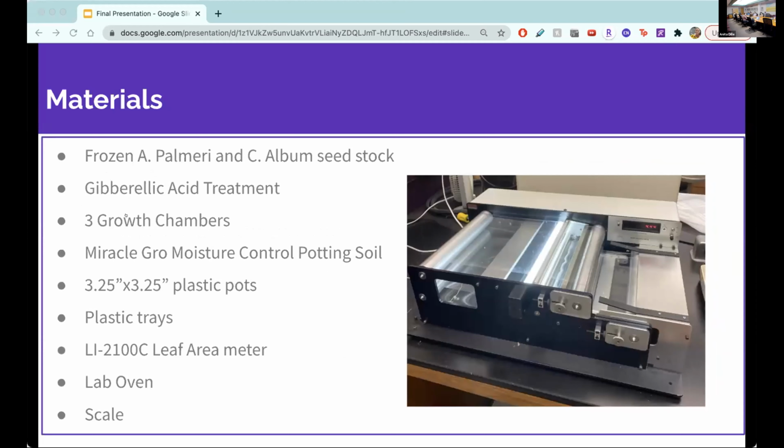So in order to test how Palmer amaranth and lamb's quarters react to elevated carbon dioxide levels, I tested each species at 3 different exposure levels using 3 different controlled growth chambers. The plants were grown from a frozen seed stock that was then treated with gibberellic acid to promote germination and then germinated in a growth chamber. They used potting soil to make sure they had plentiful and equal nutrient availability. The pots were kept in plastic trays to allow for bottom watering. And once they were processed, I used a leaf area meter, like the one pictured, a lab oven, and a